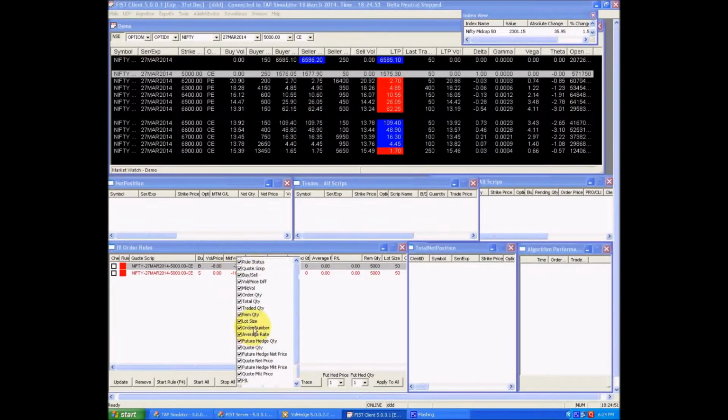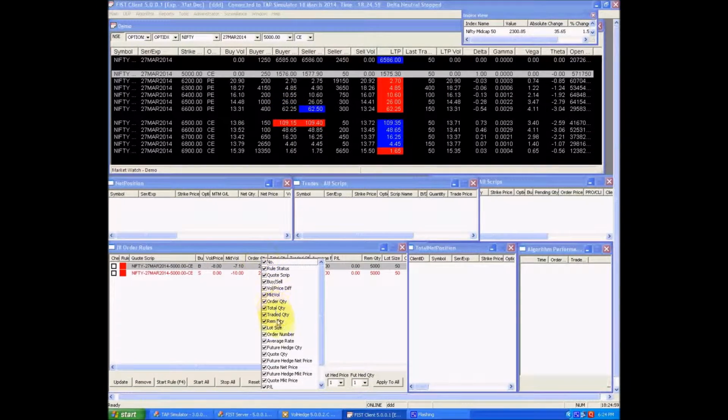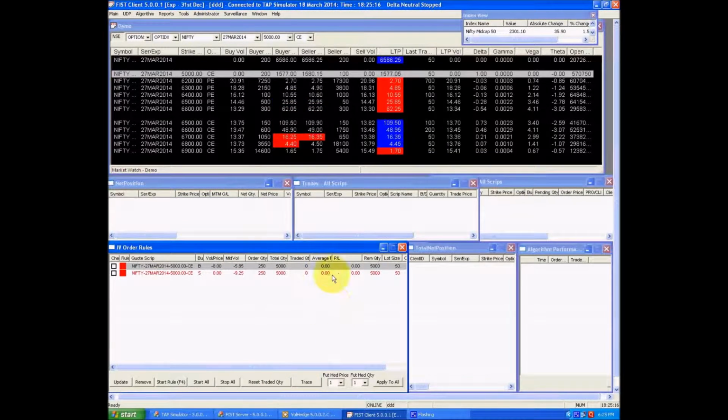I can change the column settings here by right clicking on this menu, and the screen appears. If I don't want some columns right now, I'll just untick them, and it will show only those columns which I desire.